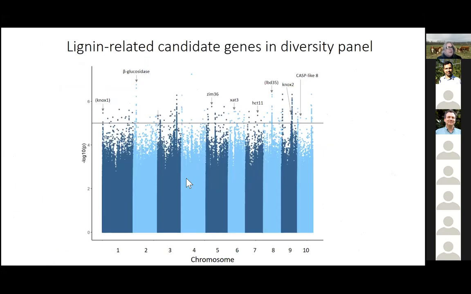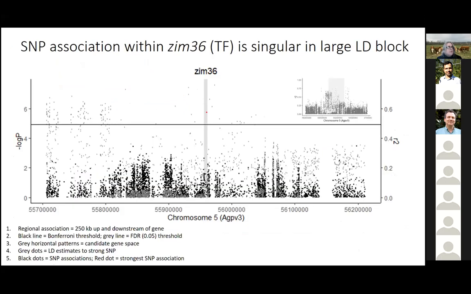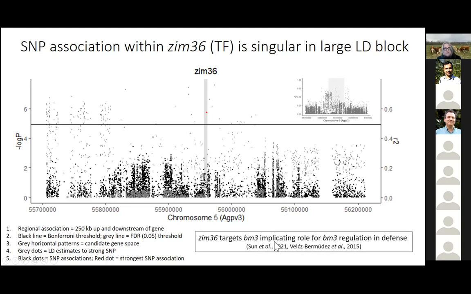The other lignin-related candidate genes, ZIM36 is an interesting case where I only have a single SNP here in red. The LD is a little messy outside the 500 kb region, but it remains a single SNP. There's no tower, but ZIM36 is a really interesting gene because it targets brown midrib 3, and it specifically targets brown midrib 3. So it's fascinating because it might show that there's a role for regulation of brown midrib 3 in defense